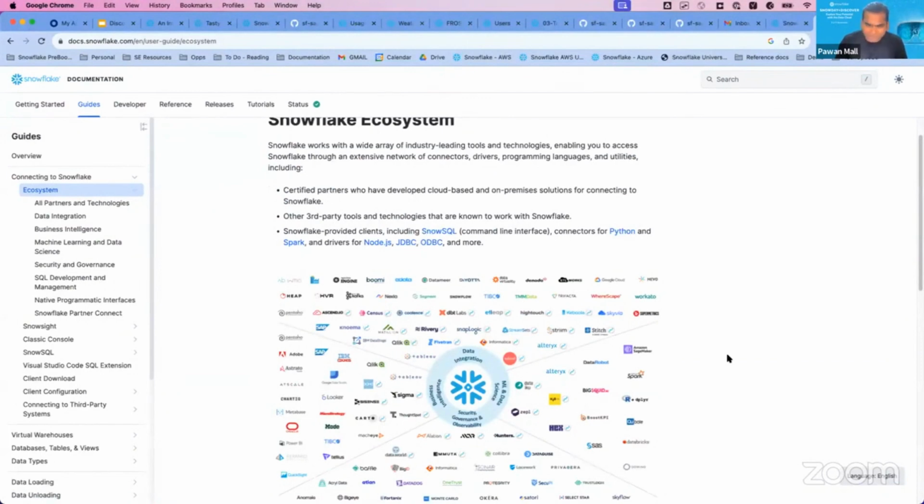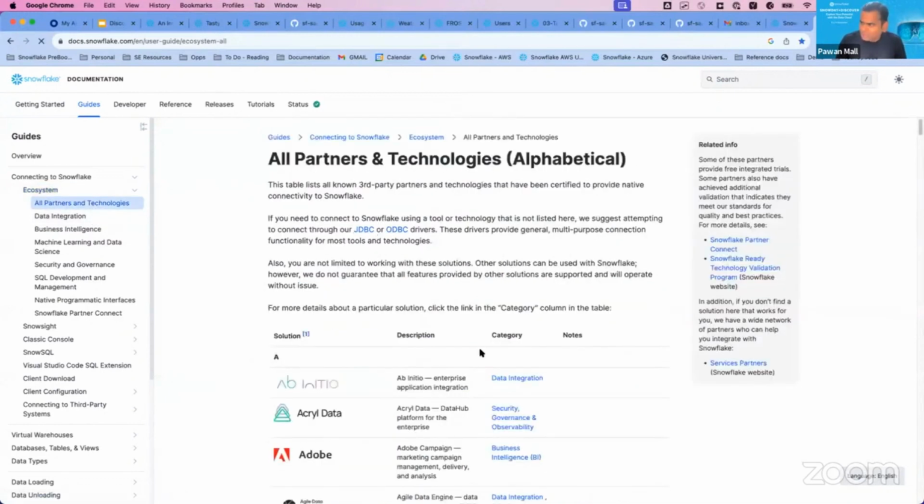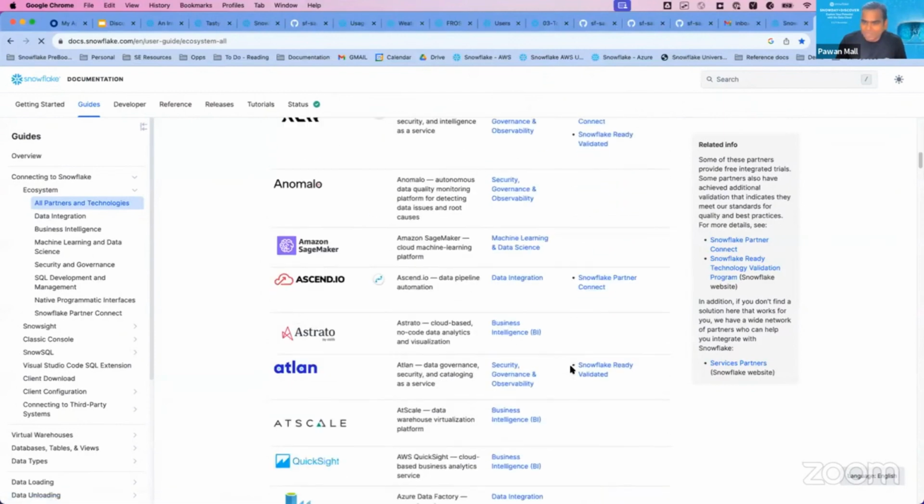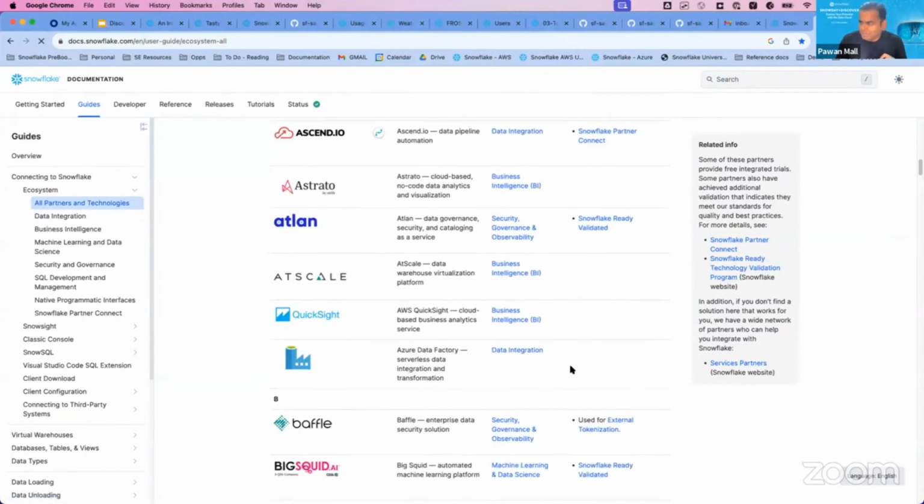We have very good partnerships with them, where you can do a bi-sync of data from Salesforce, for example. So you can pull in data from Salesforce to Snowflake and do analytics on top of it. Similarly, you can do the same thing for ServiceNow as well. But as I said, if you want to understand any other tool or technology and what kind of support level is available, you can always come here and look at how the tool you are using works with Snowflake. And in case you have further questions, you can always reach out to us.